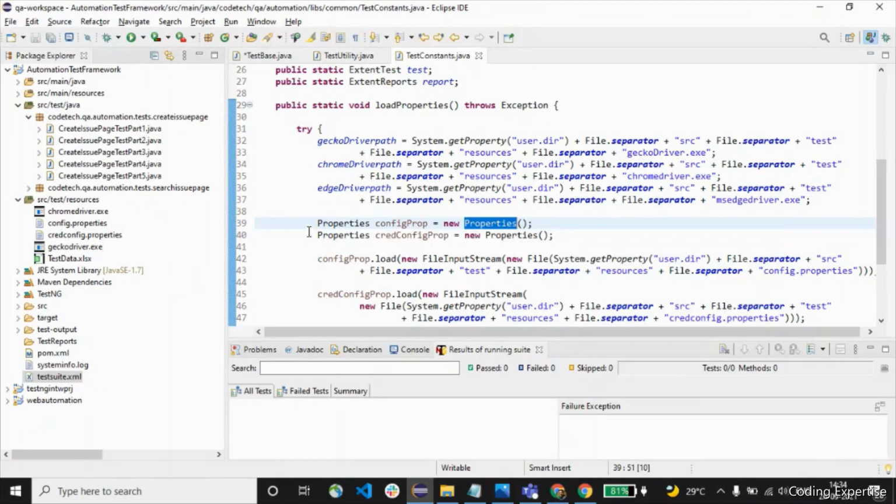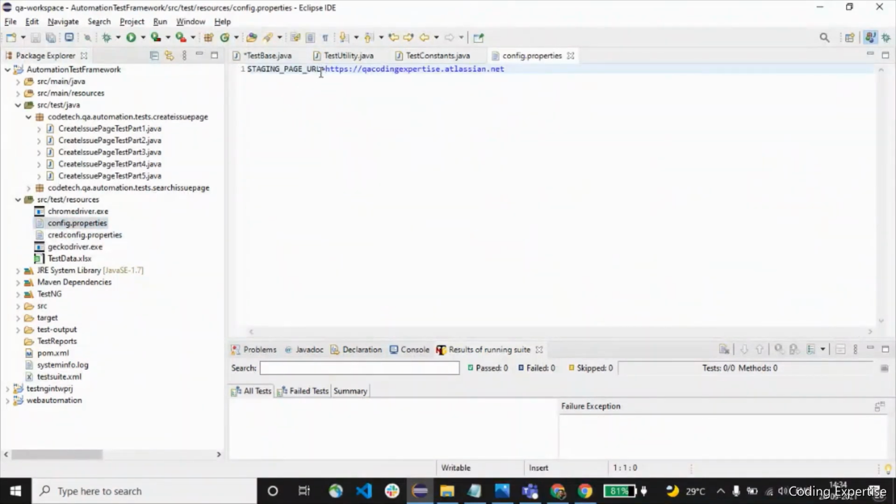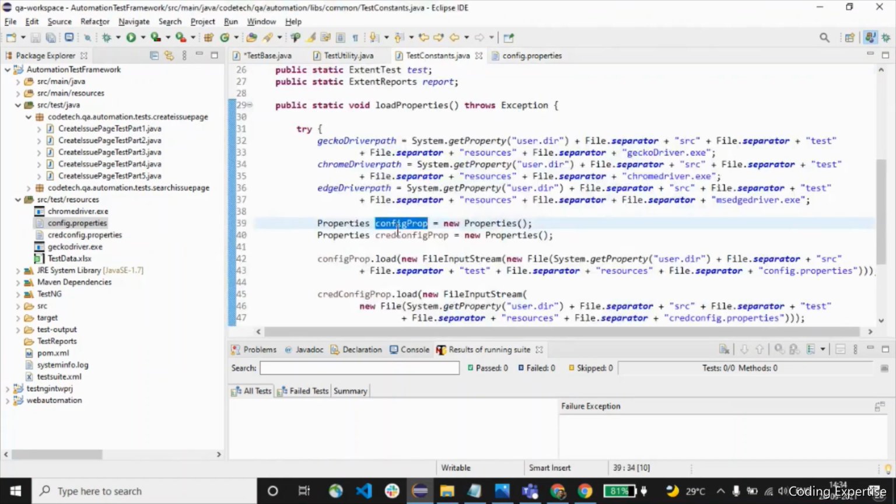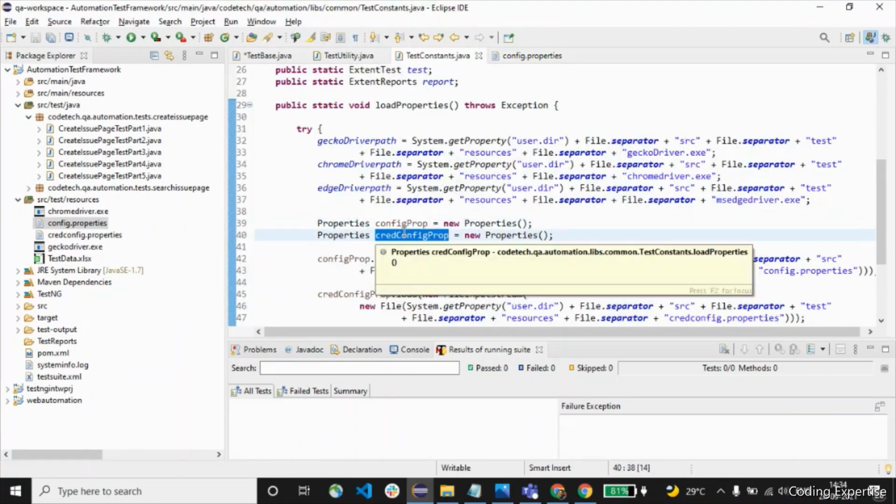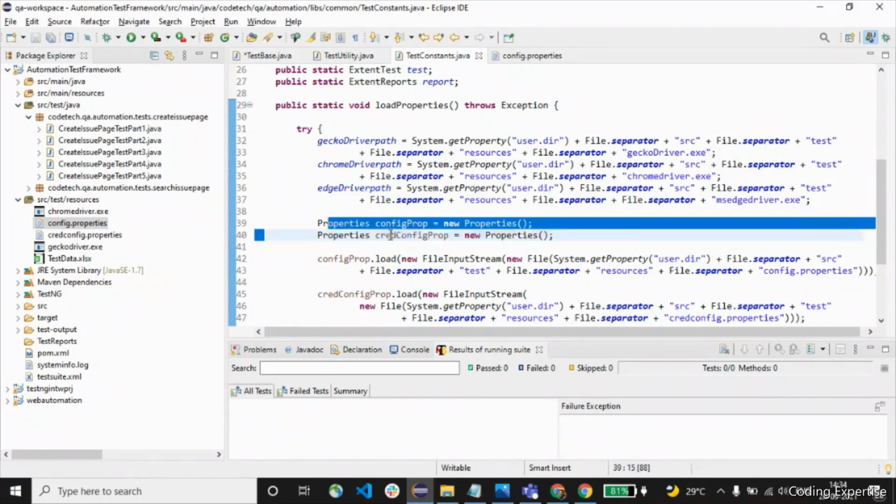We created an object for this Properties class and defined two different properties. One is to fetch values from config.properties, wherein I'm going to access the staging page URL. And this other config is to access the username and password credential details.